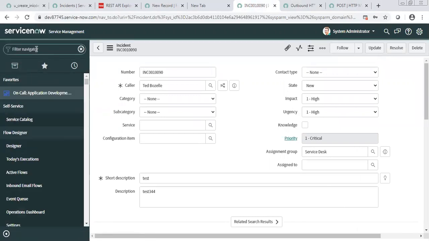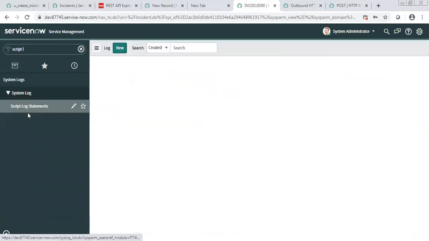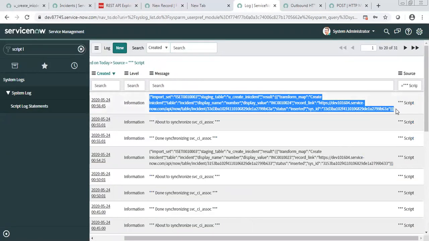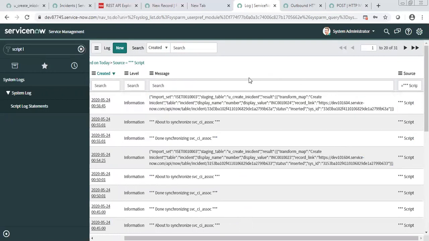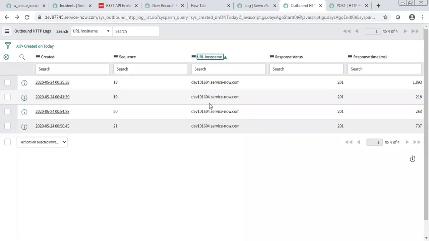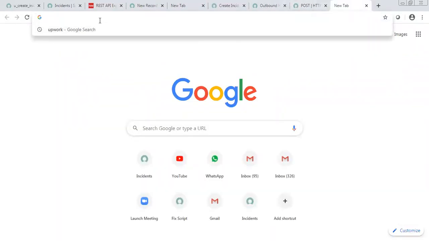So if you go to the script log, I have put the response, if you remember, I just wanted to print the whole response body in the log as well. So you see, the logs are also getting printed, and the incident number is also there. So whatever response is coming from there, you have it here. That is just one line, gs.log and then response.